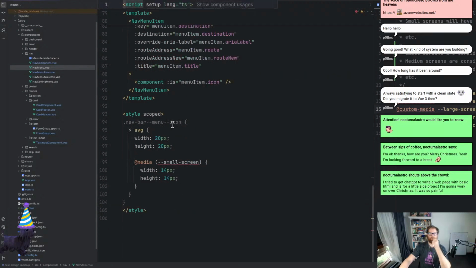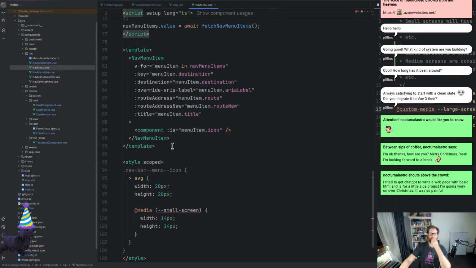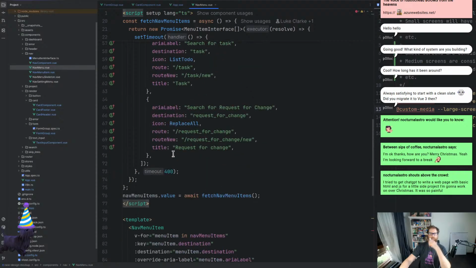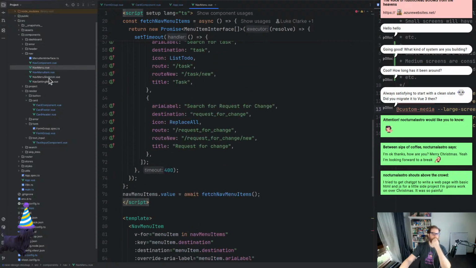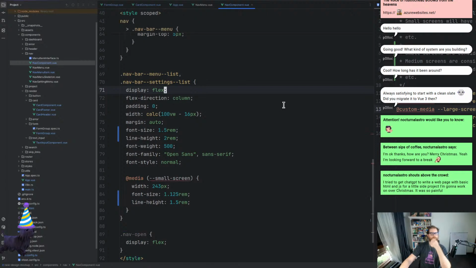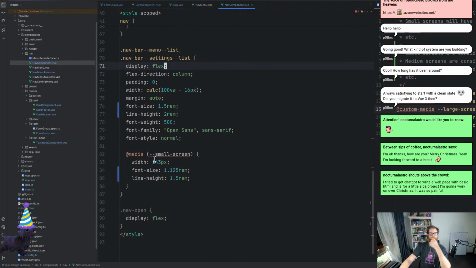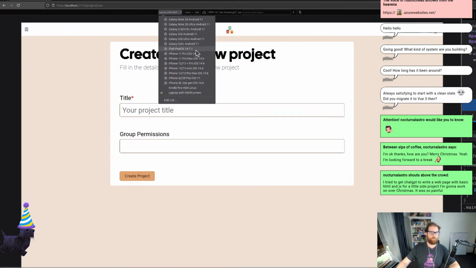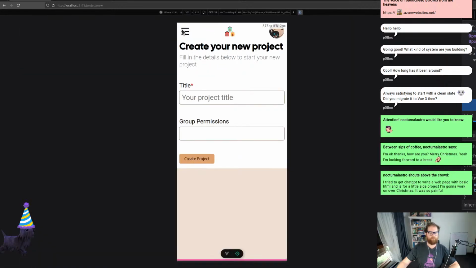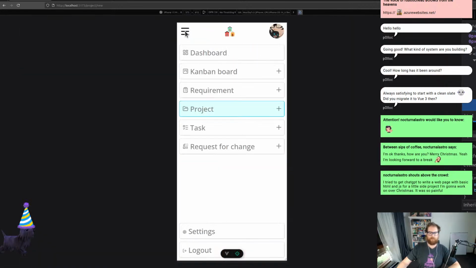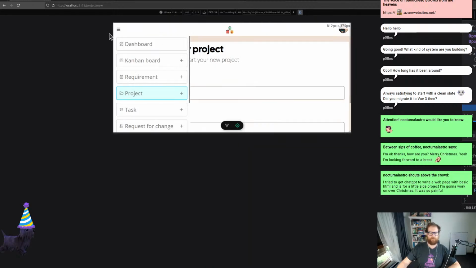Just going to make sure that icon, yeah, that's fine. Nav component, width, small screen. On a small screen, yeah, we want it like that. Anything bigger than a small screen, we do still want it like that. All right, cool, this works. So if we go back down to the iPhone and click on this, boom, it just takes over everything. All right, easy done. If we flip it,